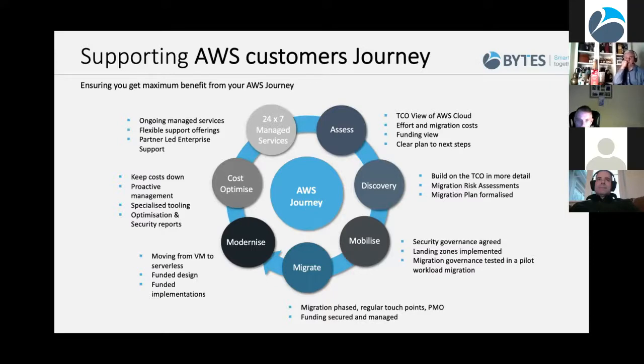The whole purpose of the assess phase, which is a non-commit, fully funded activity that any customer can take with a minimum amount of servers, the minimum amount's around 50, is that they can start the journey and get that full visibility. Once they've gone through that stage, we move on to what we call the discovery phase, where